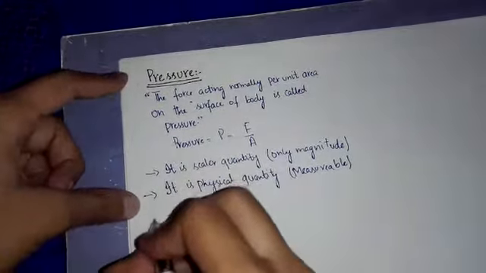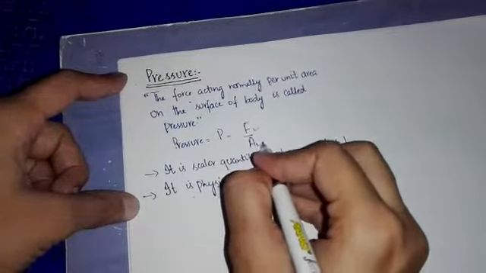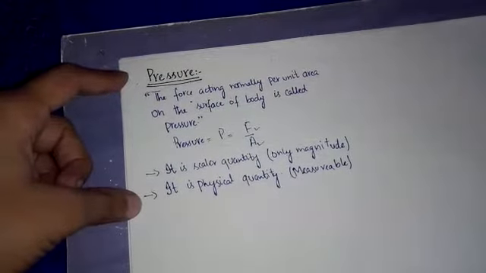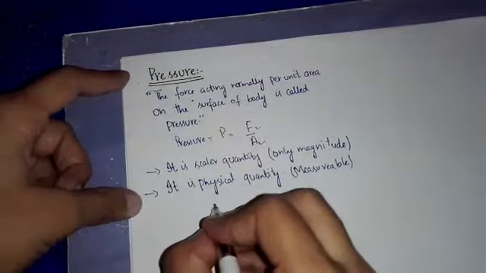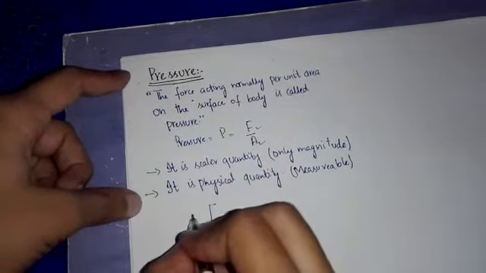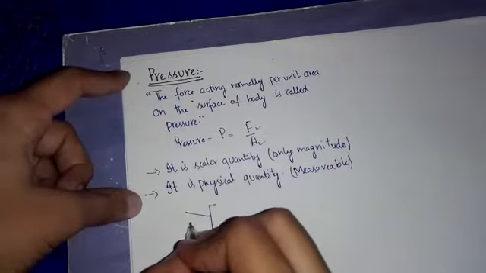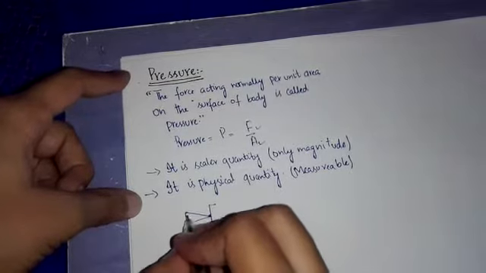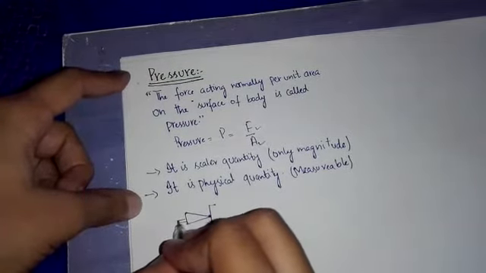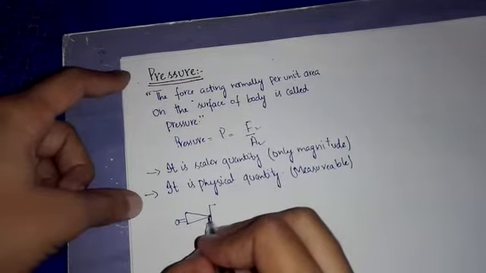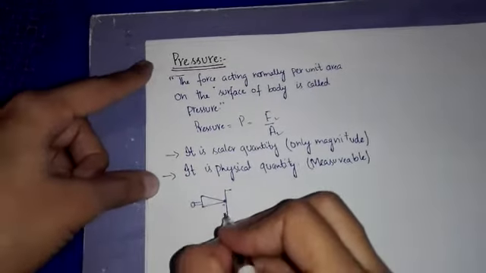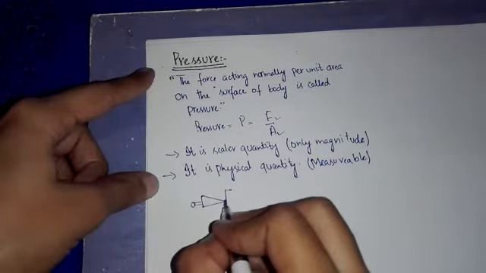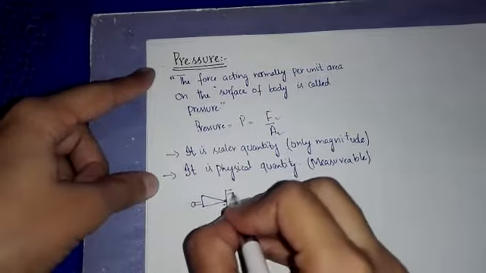Now we know that pressure includes both force and area. In order to understand the concept of pressure, we take a drawing board and a drawing pin that you have often seen in our school, which is also known as a thumb pin. If we apply some kind of force on this pin, the edge of the pin is very sharp. So if we apply some kind of force on this pin, then this pin will be inserted into the drawing board. This is the drawing board.